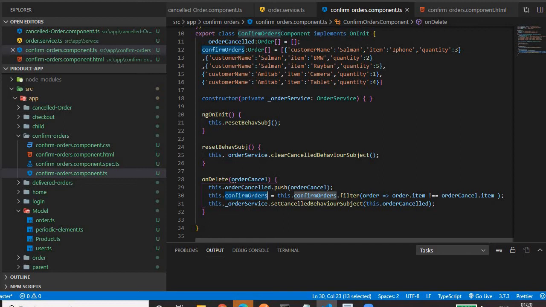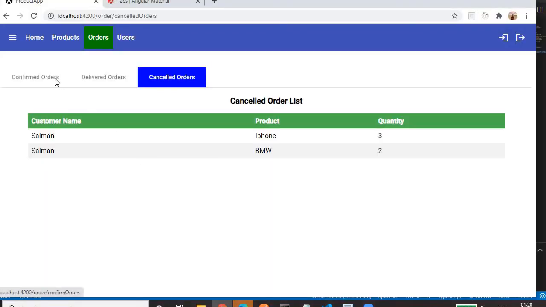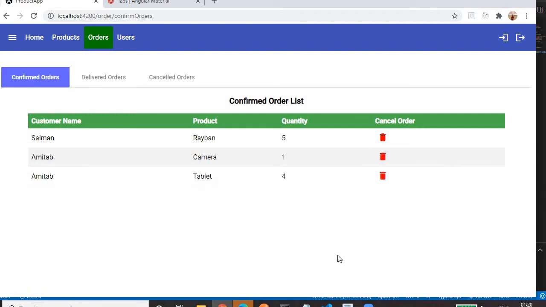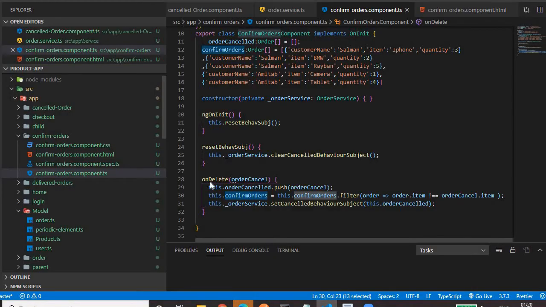Okay. So that's why, if we go to our screen again, now we are seeing all the records. If we click on this, the number of records is decreasing because of this JavaScript concept. Whatever order the user has clicked, if it is not matching with any other order, that will be displayed, and if it is matching, then that will be erased.